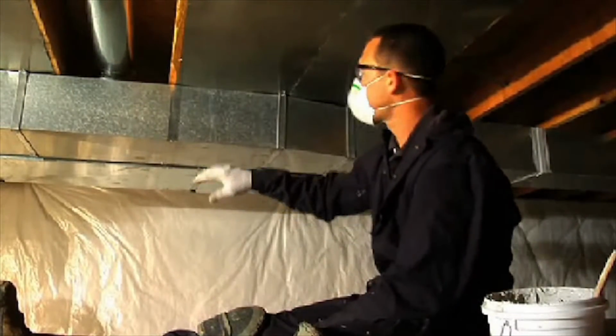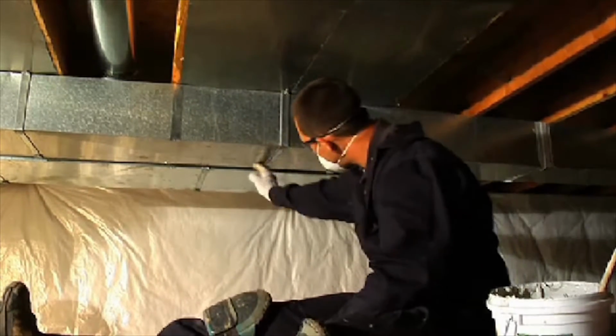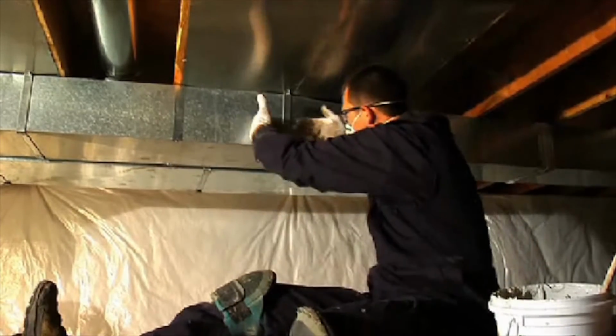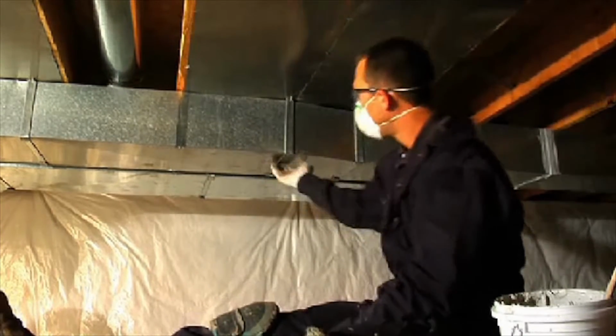So here we are in a crawl space where we have a supply trunk running here in rectangular. So we're looking at sealing each of these joints where we have the S and the drive that connects the 2 ducts together. Rectangular ducts can be a significant source of leakage, so being very careful to seal all the